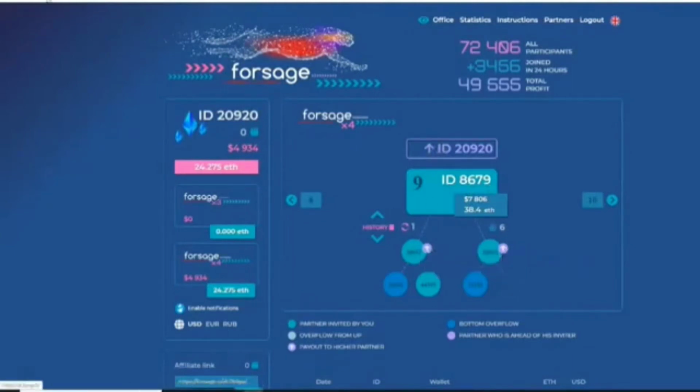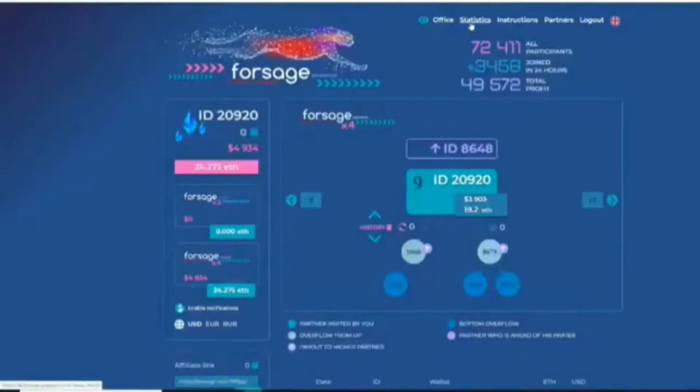In this case it is 20,920, but for him it's blue. Okay, it's a bottom overflow. You can see the higher numbers here. It's a bottom overflow. So this is how it works, and you can track every single one of these